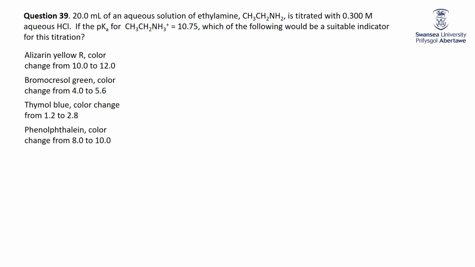So now we've got an indicator question. Remember, the big thing with indicators is they change color around the equivalence point. So if you're asked to determine which indicator, you just need to know something about the equivalence point. So if we look at the question, 20 mL of an aqueous solution of ethylamine. Well, the 20 mL is probably not an important piece of information. Ethylamine is, because that is a weak base. Titrated with 0.3 molar, again, probably concentration not too important, but the fact that it's HCl, a strong acid,